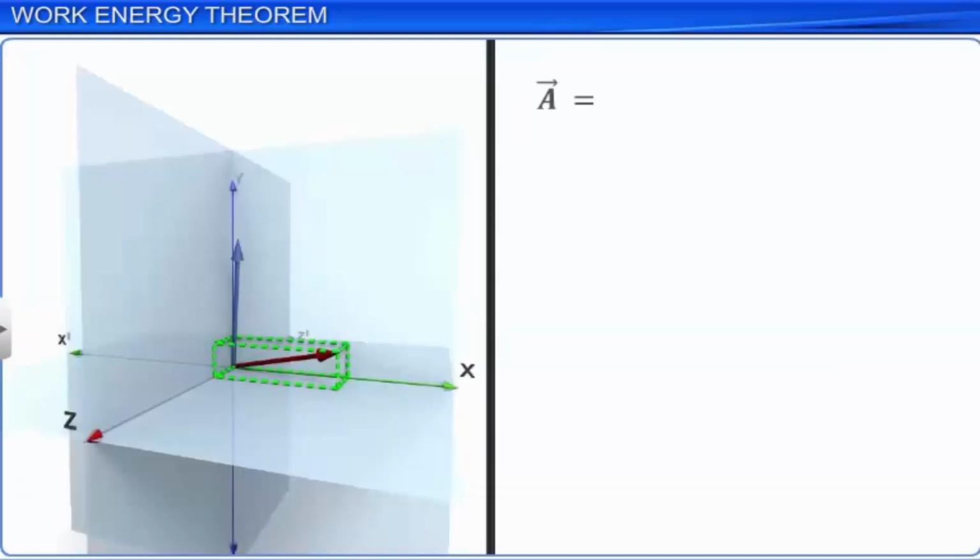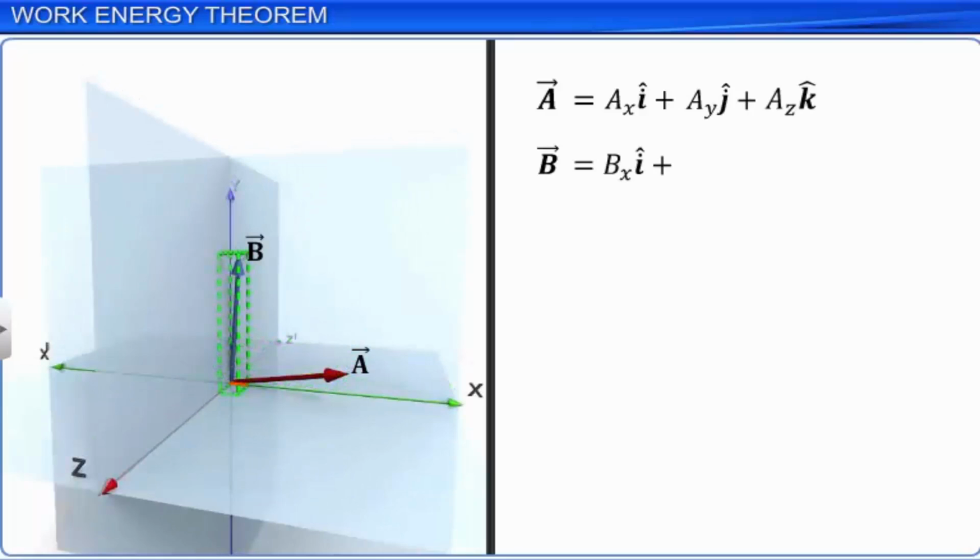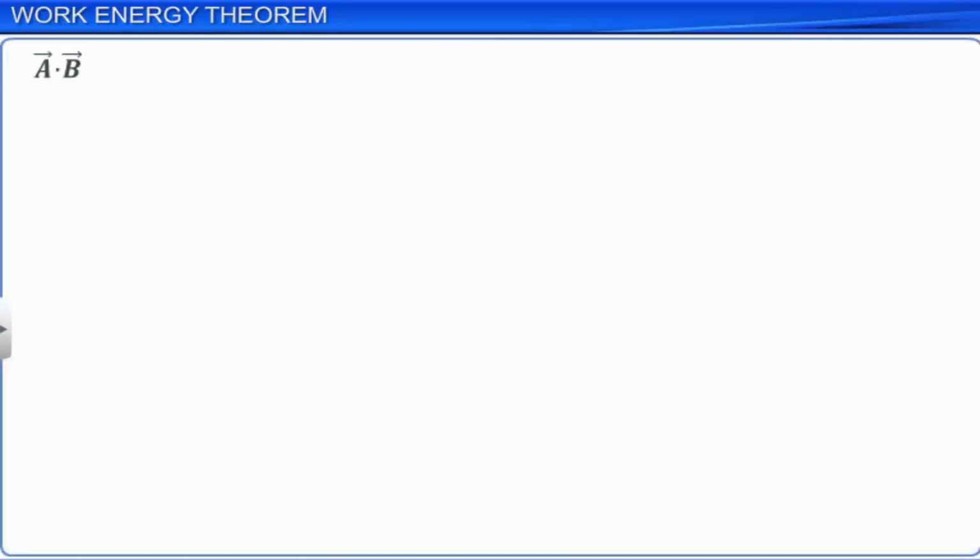If two vectors A and B are expressed in terms of their components along coordinate axis AX, AY, AZ, BX, BY, and BZ respectively, then A dot B is equal to (AX i + AY j + AZ k) dot (BX i + BY j + BZ k),